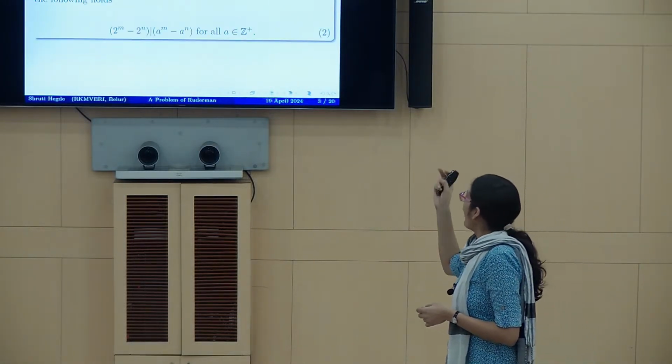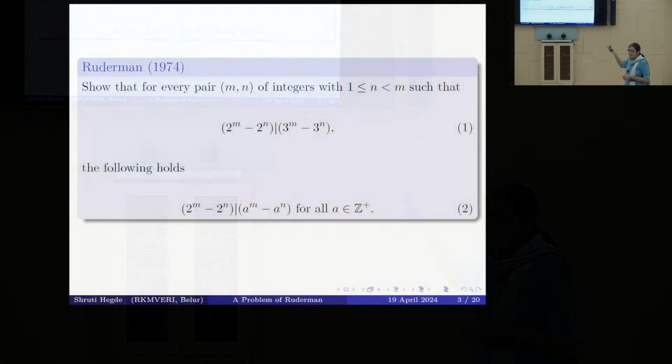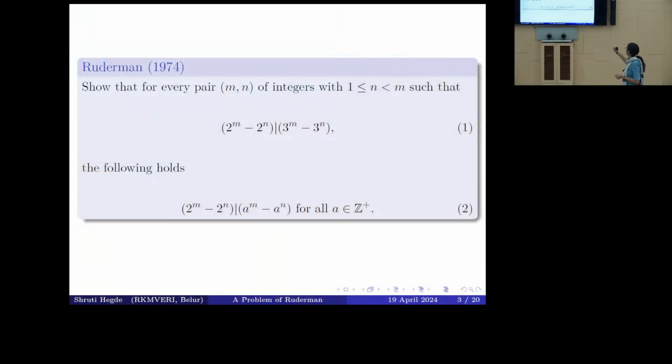Show that every pair of integers m and n such that m is bigger than n, for which 2 power m minus 2 power n divides 3 power m minus 3 power n, it also happens that 2 power m minus 2 power n divides a power m minus a power n for all positive integers a. In other words,